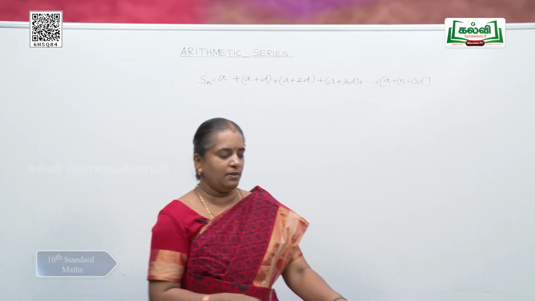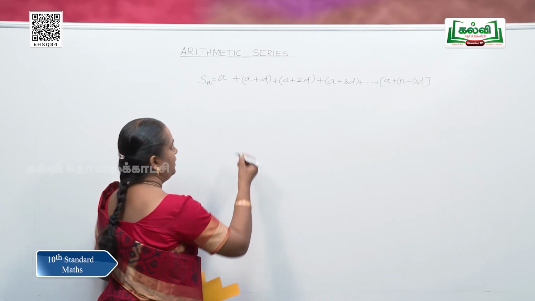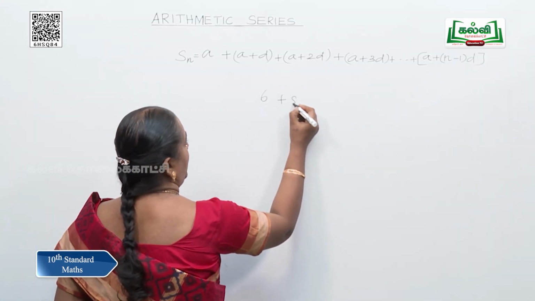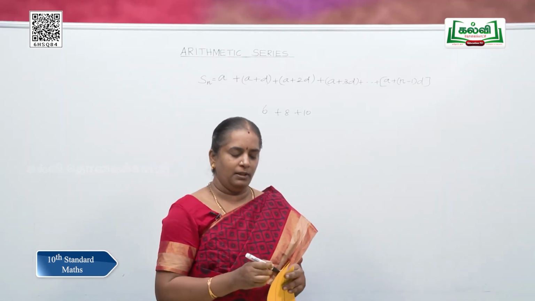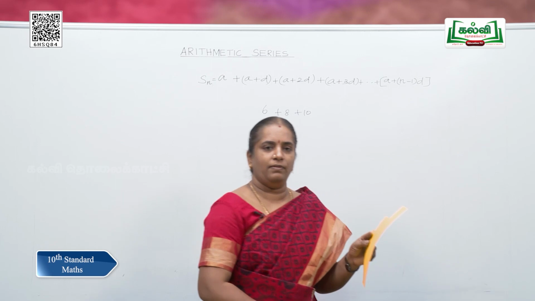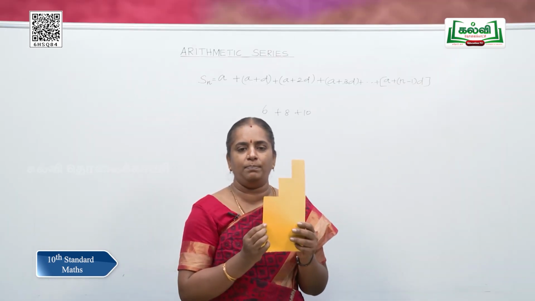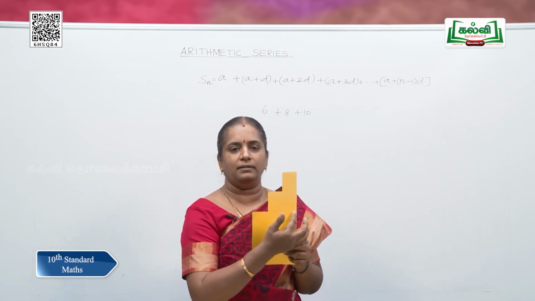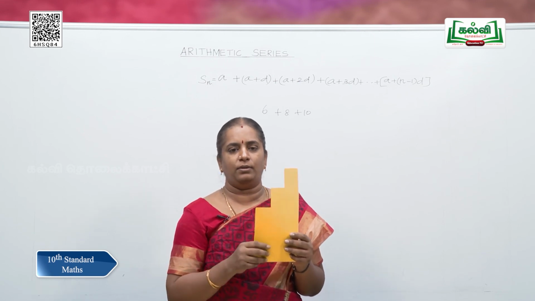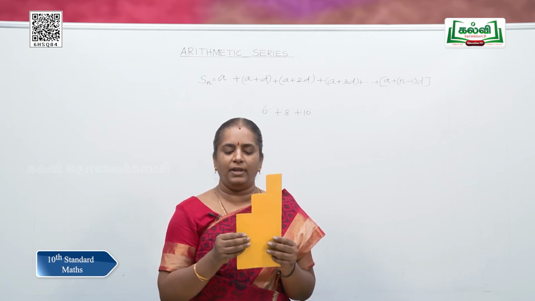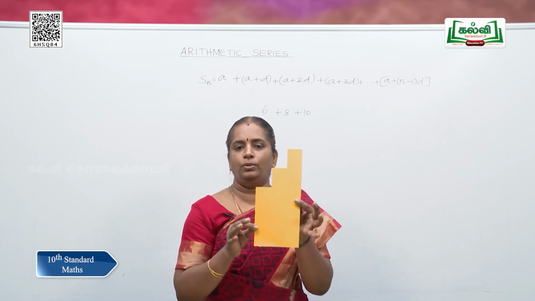Now let us take a sequence of numbers, very simple numbers, 6, 8 and 10. So we are going to take 6 plus 8 plus 10. You know the answer very well, but we are going to derive a formula using this sequence. So 6, 8 and 10. So this staircase, this step contains 6 and this is 8 and this contains 10. So 10 boxes or 10 blocks or 10 units, you can take it as units. So I have taken two congruent sequences, the same sequence 2 times.